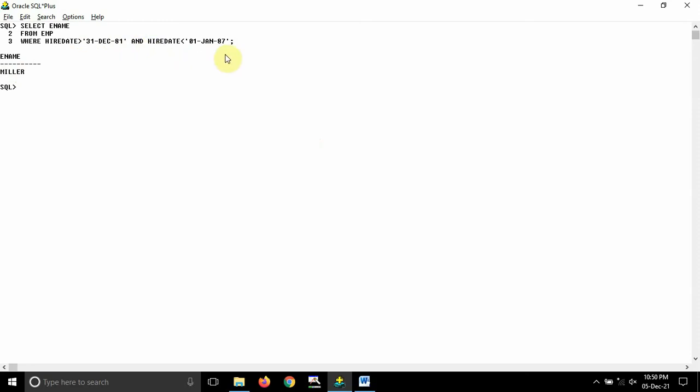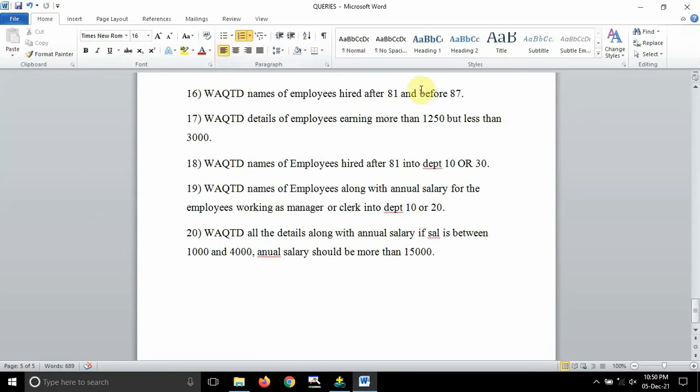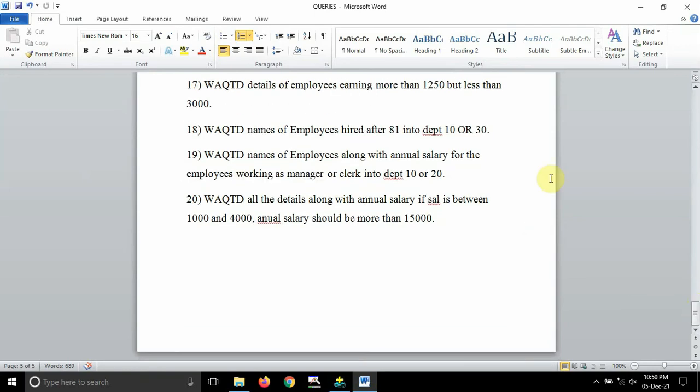So don't try to reduce or specify that it is 19. How can we say it is 19? It may be 1887, 1886 or 1787, 1687 maybe. So don't try to change the query, just write it as it is. However they are asking, you have to write it in the same way. If they have not given the complete year and you have to write only 2 digits, then write 2 digits itself. Don't try to write on your own. Don't try to change the question, it is meant for a purpose.